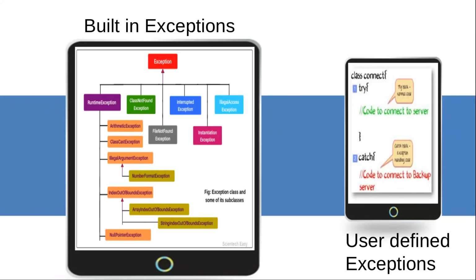So when the connection to the server is not happening, then an exception should be thrown, and that exception should be written by the user itself. So this is a situation where the user writes an exception, and for creating an exception, he has to subclass an exception class. So a user-defined exception is always a subclass of the Exception class. Then you can create the exception and call it similarly to the usual